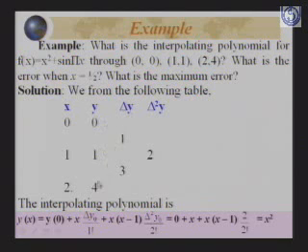1 minus 0 is 1, 4 minus 1 is 3, and 3 minus 1 is 2. So by using the interpolating polynomial formula, y(x) is equal to y naught, that is the first nodal point, plus x into the forward difference of y naught upon 1 factorial, plus x into (x minus 1) del square y naught upon 2 factorial, and by substituting the successive values,